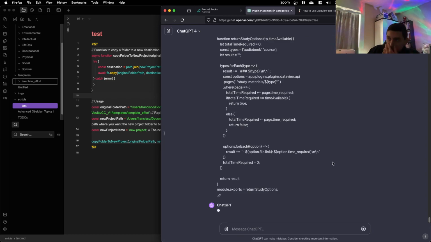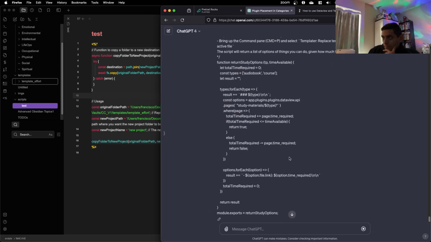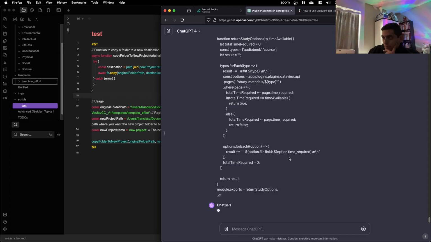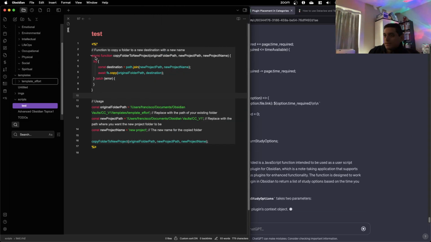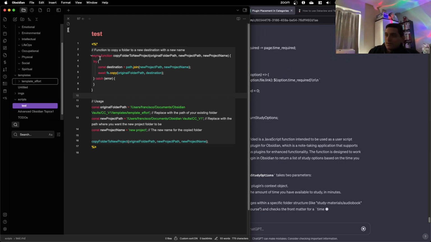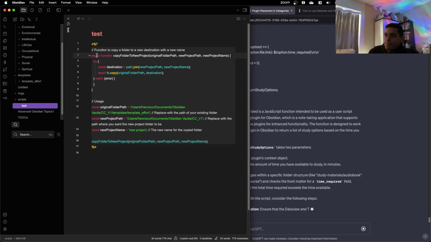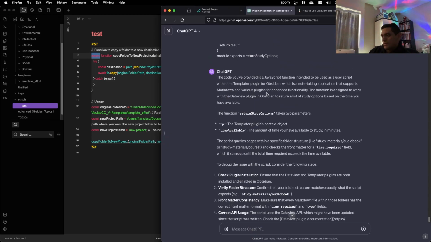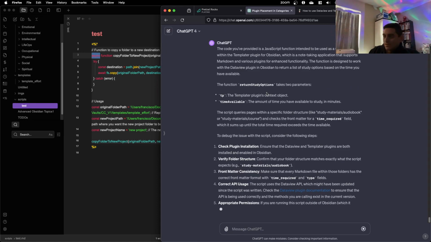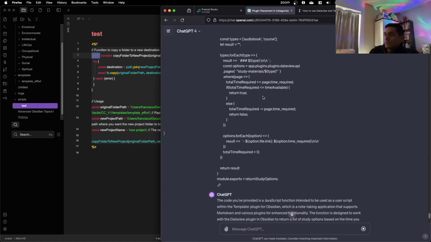I don't know JavaScript, so I'm kind of relying on ChatGPT for this. I understand it enough. It's just when to use, like this here uses async, so I can imagine asynchronous. But again, what that means in terms of Obsidian and when to use a regular function versus async, I'm not familiar.